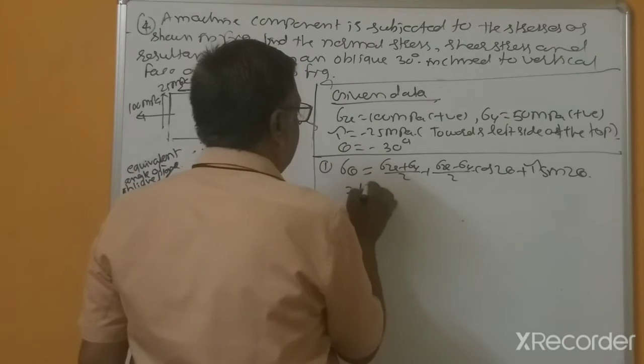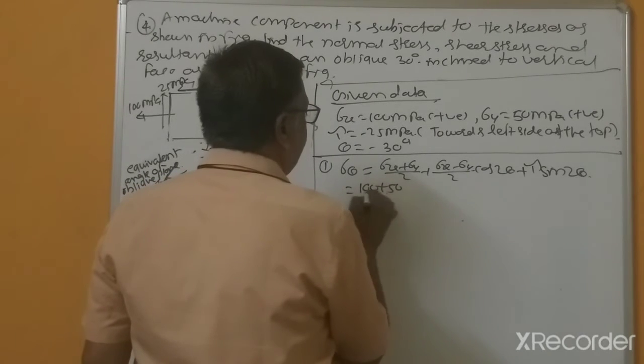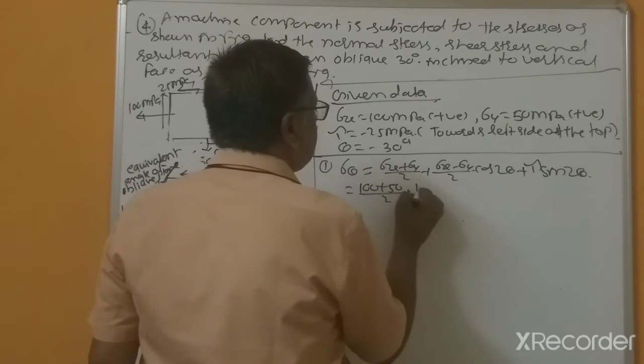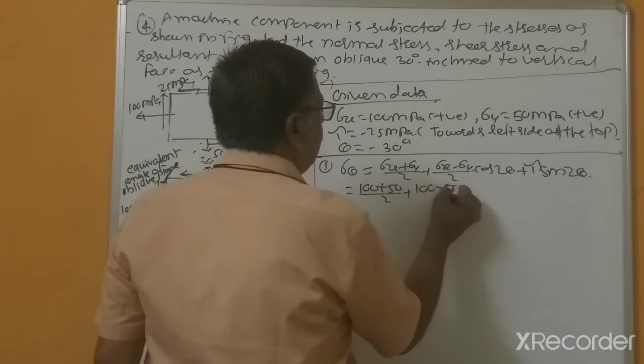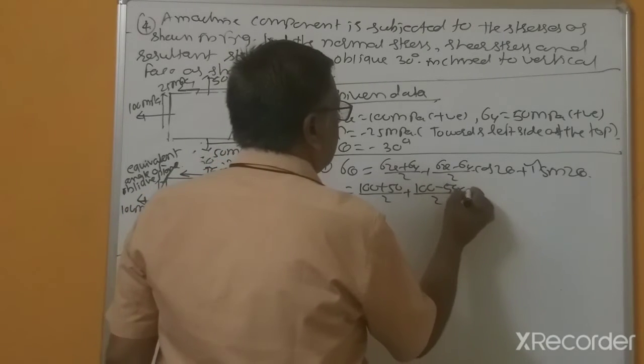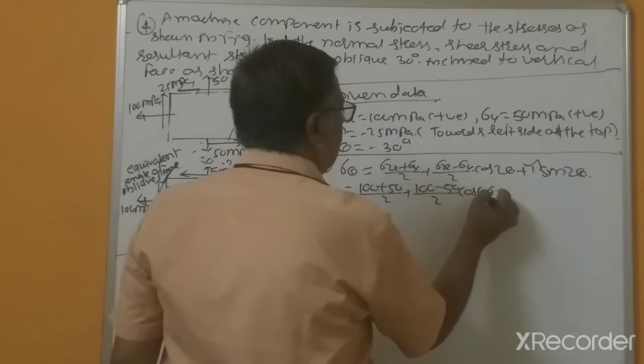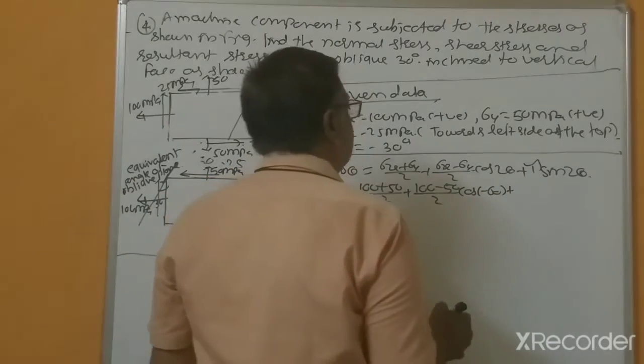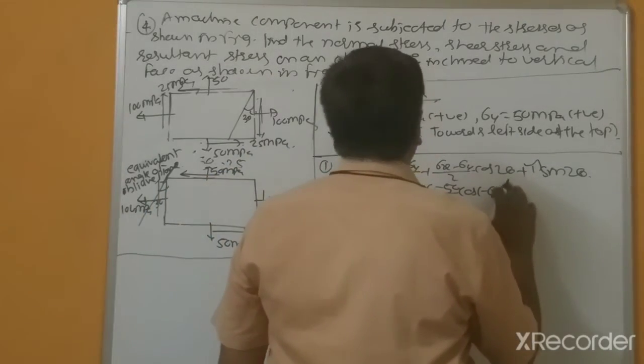So this is sigma theta equal to 100 plus 50 divided by 2 plus 100 minus 50 divided by 2 cos minus 60 degree plus, no, sorry, this is minus